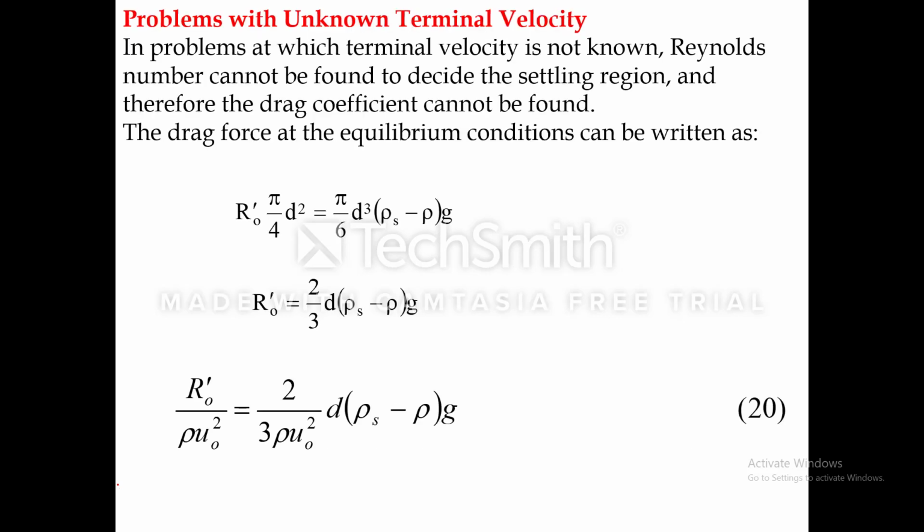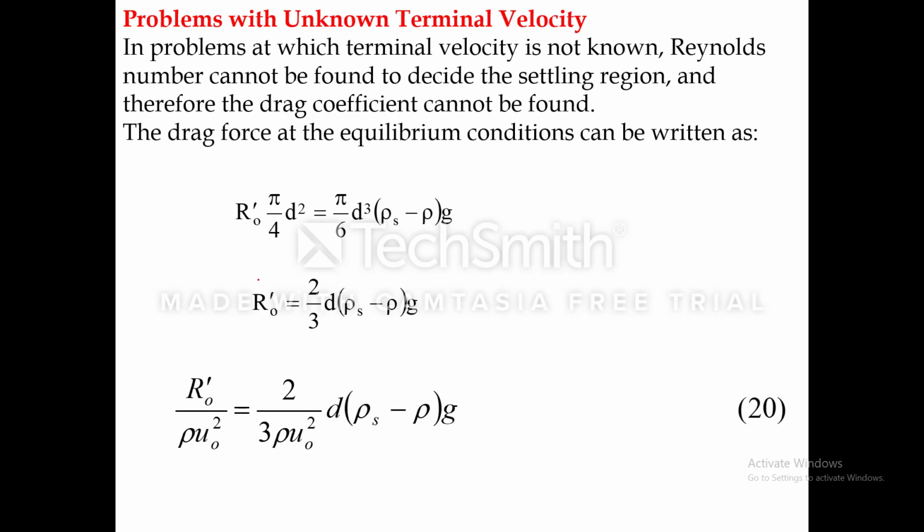Problems with unknown terminal velocity. If the terminal velocity is not known, the Reynolds number cannot be found to decide the settling region, and therefore the drag coefficient cannot be found. The drag force at the equilibrium condition can be written as R naught times pi over 4 d squared equal to pi over 6 d cubed (rho s minus rho) g. So from this relation we get R naught equal 2 over 3 d (rho s minus rho) g, and